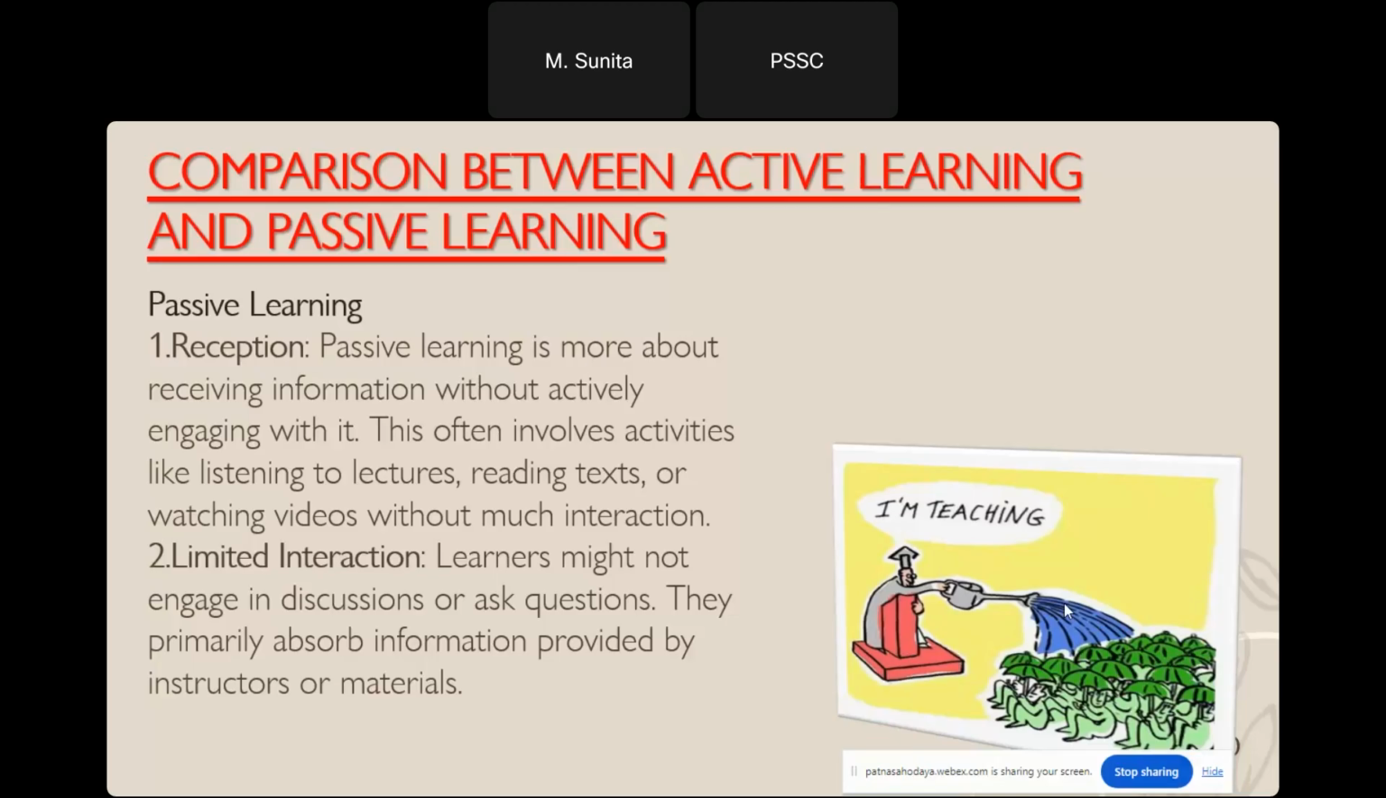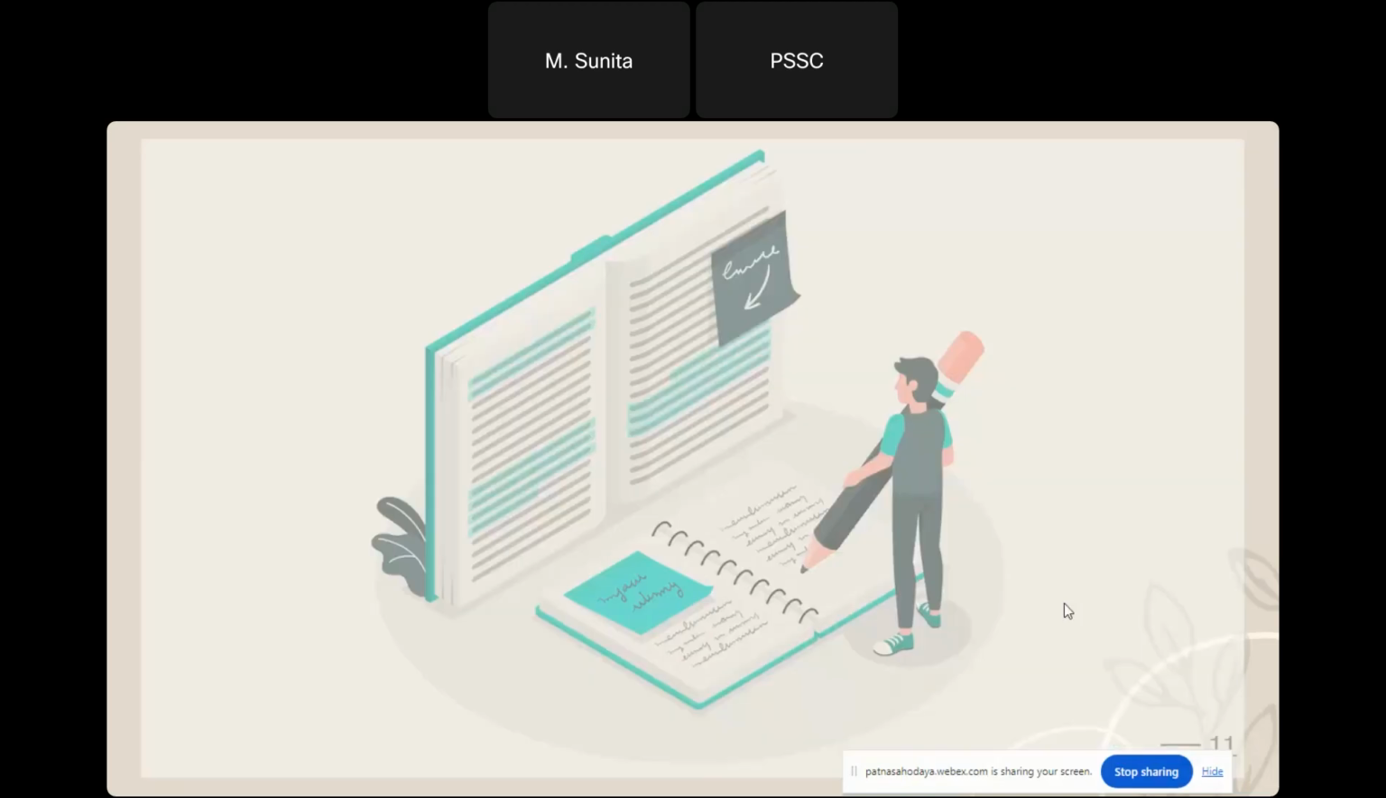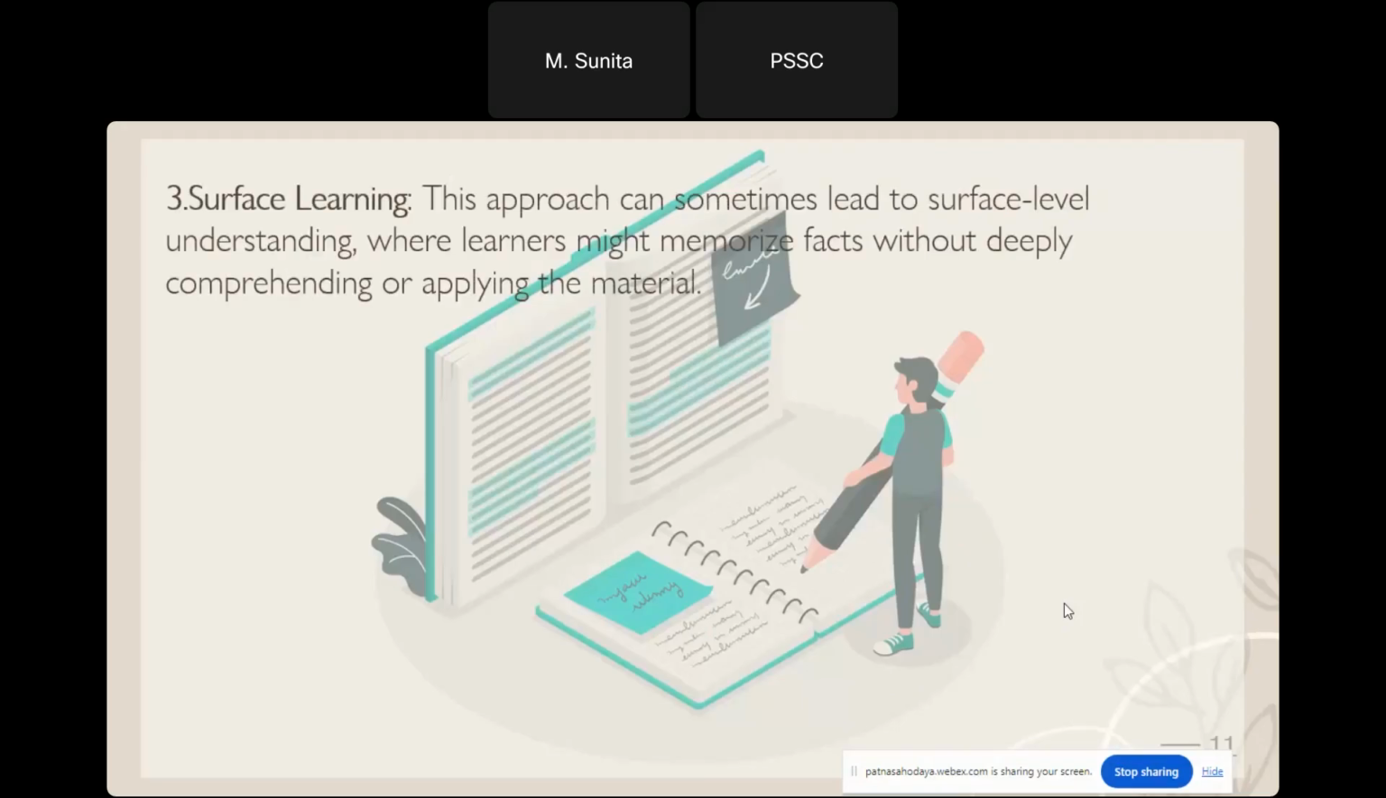They primarily absorb information provided by instructions or materials. Now we can see the surface learning. In this process, this approach can sometimes lead to surface level understanding, where learners might memorize facts without deeply comprehending